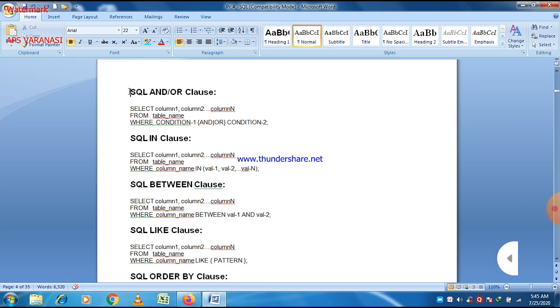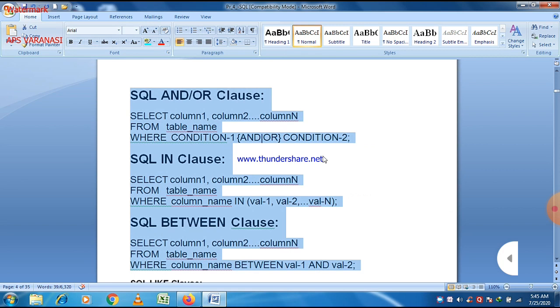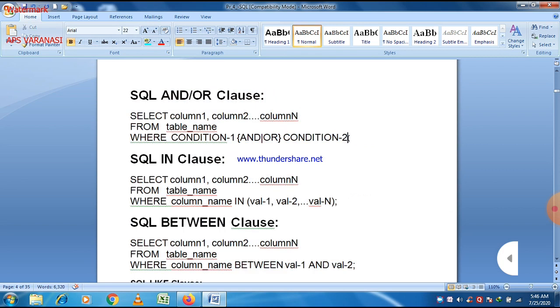Next, there are three important clauses here: and, or, in, and between.